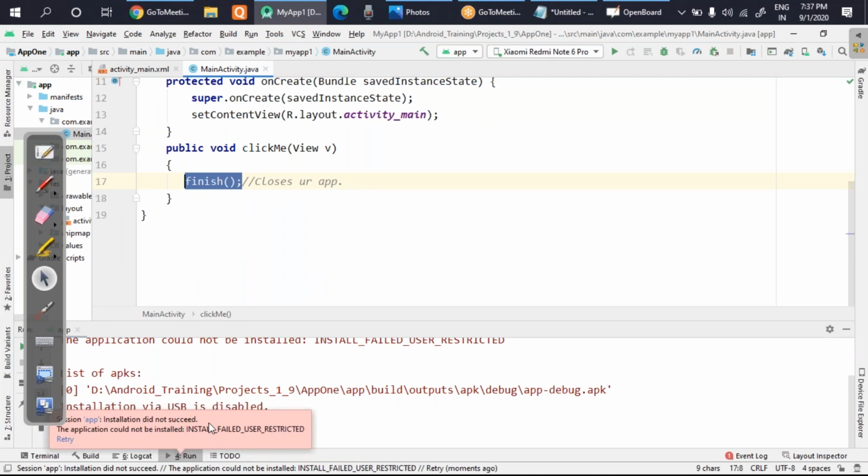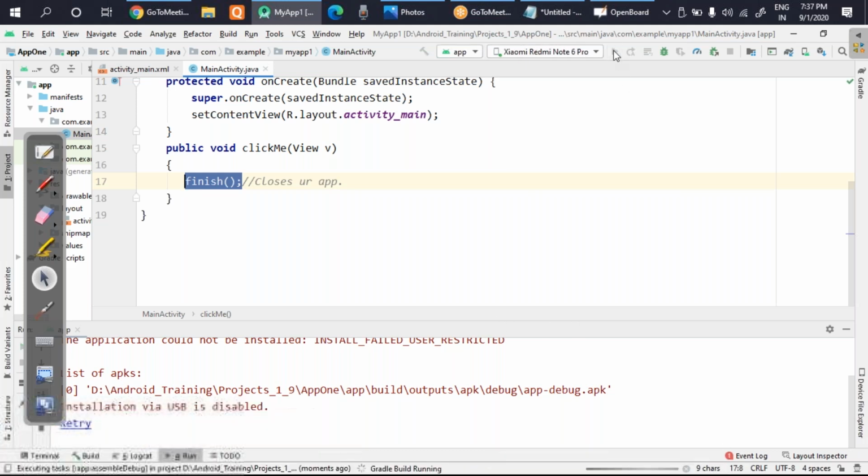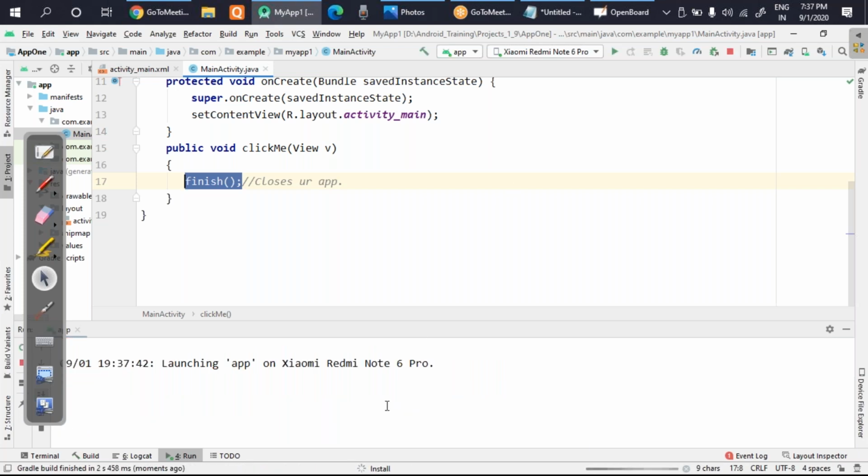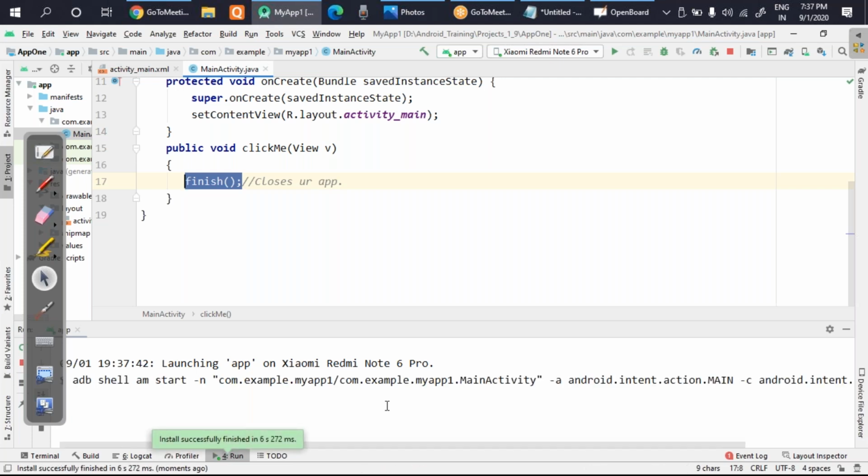So see, there is some error. Okay, I'll just reconnect my smartphone and let's see once more. So you can see it has started and it has successfully finished.